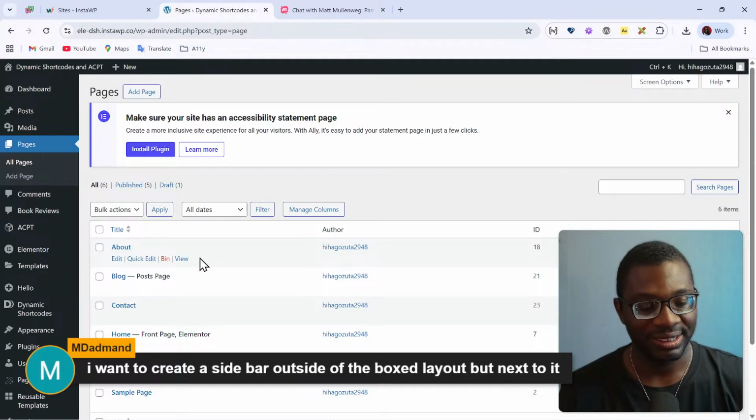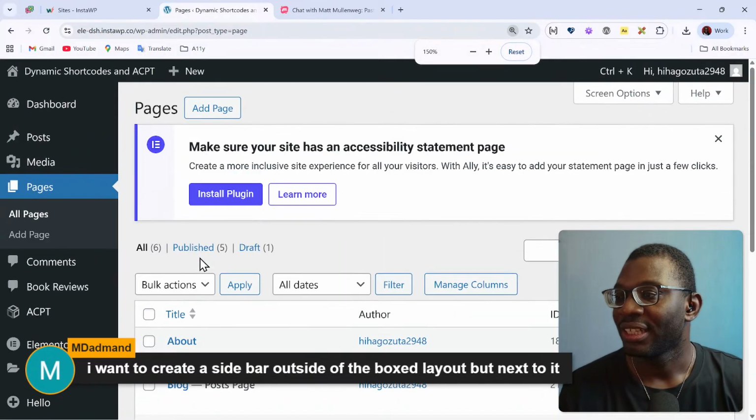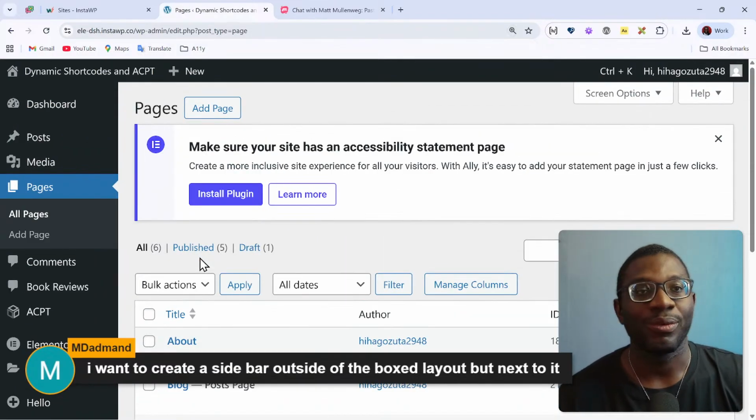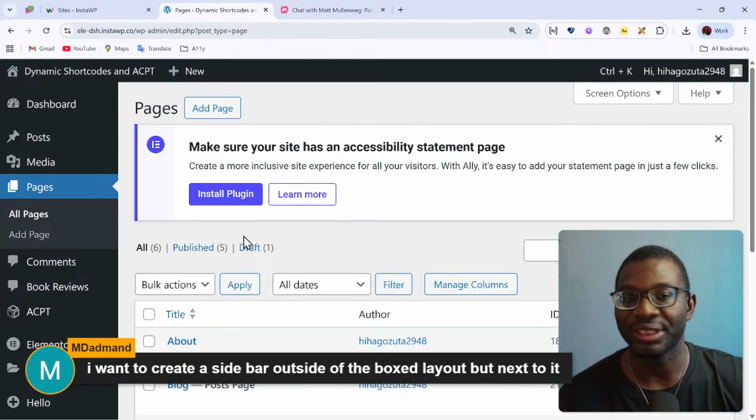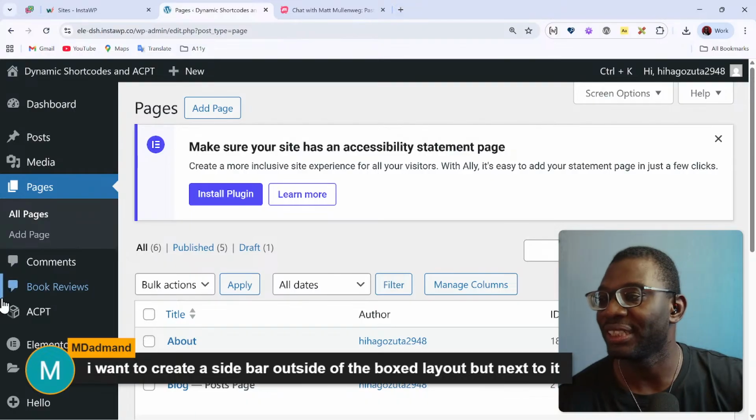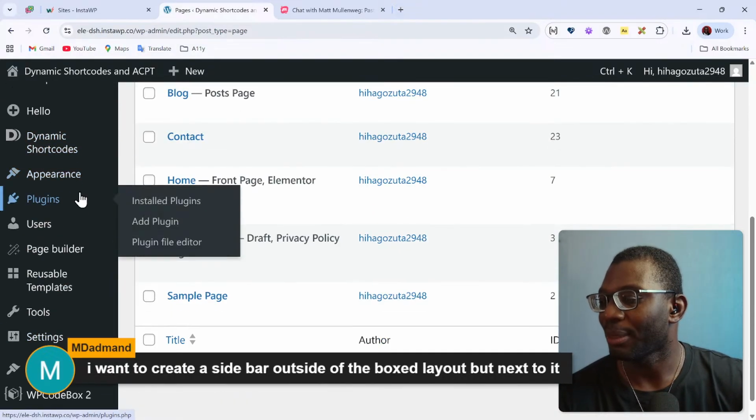So now let's just get into it. Like I said, we'll be using Elementor as the base page builder, but you can use any page builder of your choice. But we've come up with a new update. If you check out under plugins,